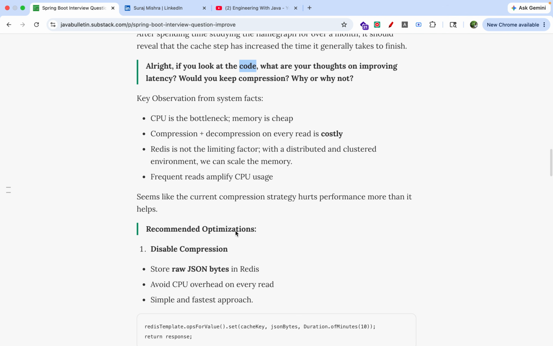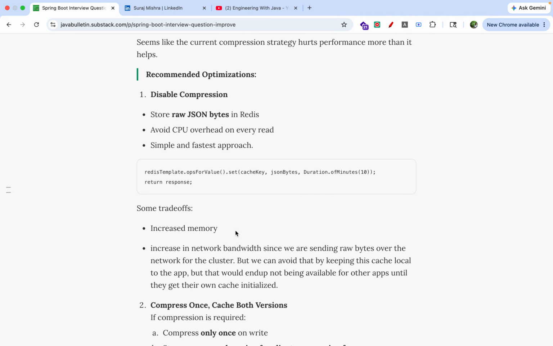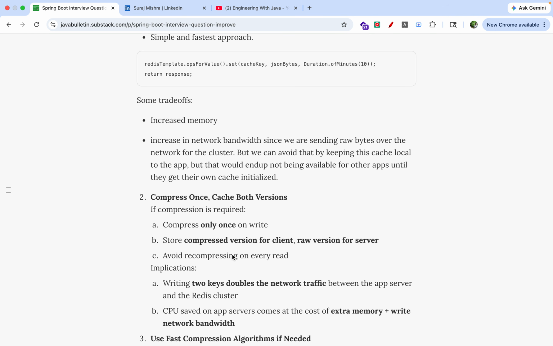So some of the recommended optimizations we can do: if we can, we would like to disable the compression, but let's say that's not desirable. This is a business requirement that you want to have compressed data in it. So in that case, we can probably keep both versions, compressed and raw, but